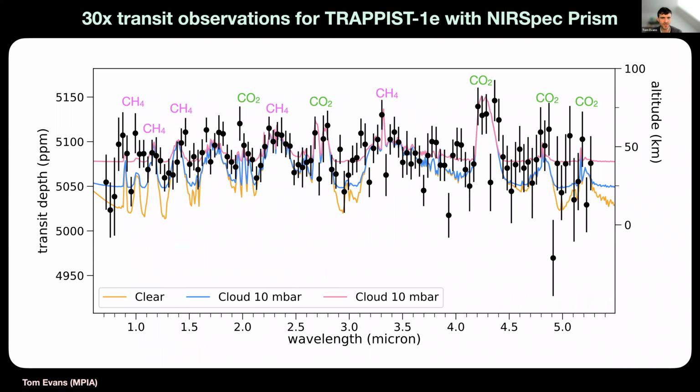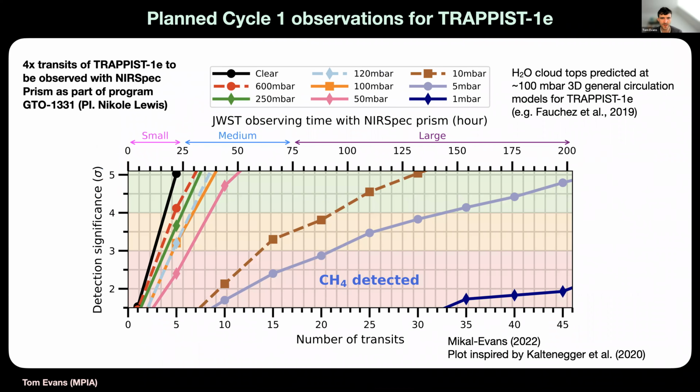And then here's just a plot showing what the transmission spectrum for a 30 co-added transit program might look like. But I won't dwell on that. I think I'm pretty close to the end. And here in this slide, I wanted to highlight what's planned for JWST cycle 1, is